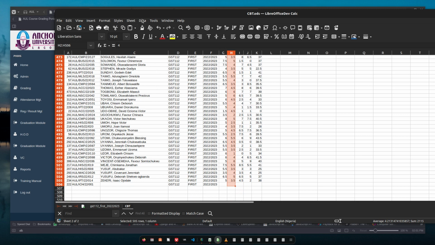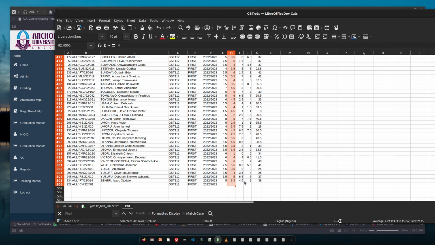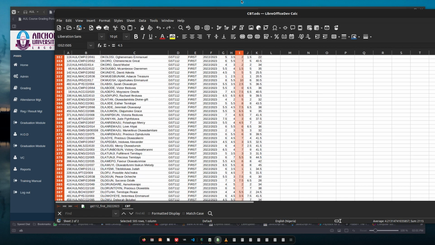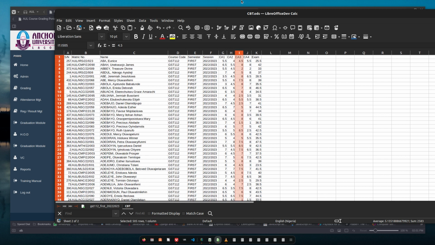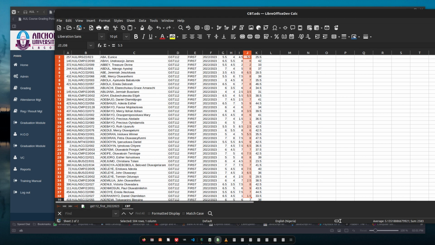So I define this range to CBT CA2. Okay, I add. Okay, CA3, define the range, CBT CA3. Okay, I add. CA4,